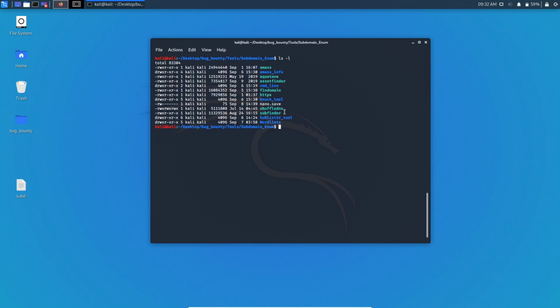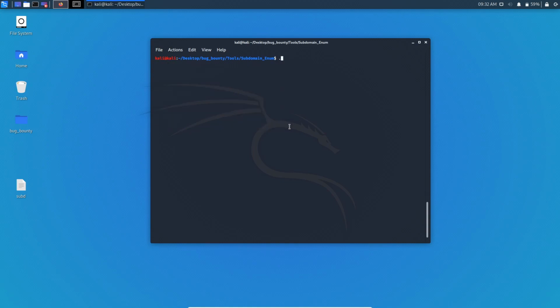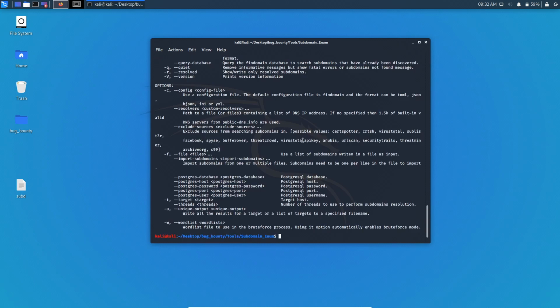Now let's perform subdomain enumeration on all these targets using the findomain tool and save the output as txt files. I am currently in my working directory, and you can see the list of tools here. From these tools, I am going to choose the findomain tool and enumerate the subdomains. Let me execute the findomain tool with the -h option and get all the options that the tool supports. You can find the target and threads options, which we will be using to provide a target and threads. Now let's specify the target as delltechnologies.com, and let's select the threads option with a value of 50.